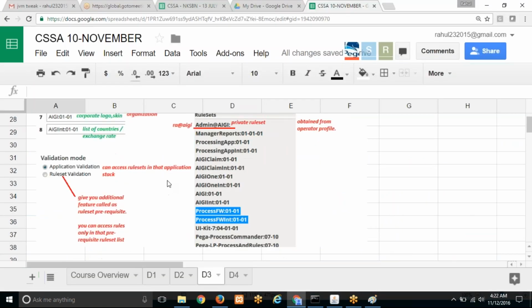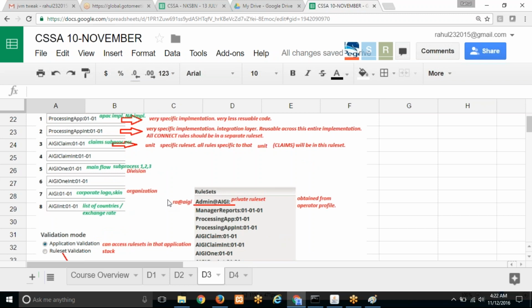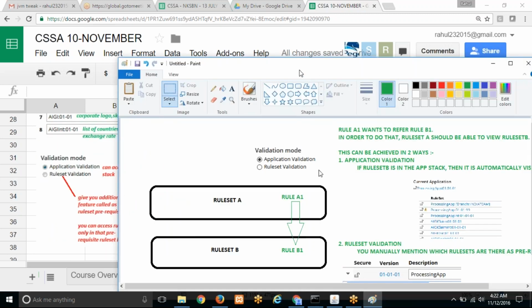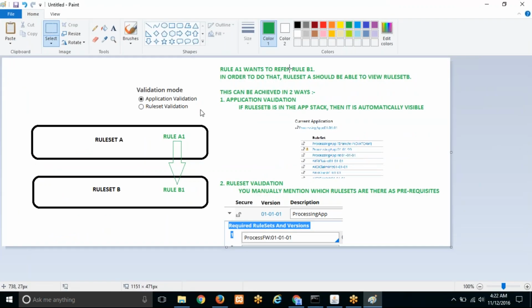So now your additional feature is that you can access rules only in that rule set, prerequisite and so on. So this is all right if you have the application level rule sets. Now when you have a rule set at the organization level, which is like your bottommost rule set, there you can make it a prerequisite, because at the end of the day you can ideally have additional things. So this rule set validation, right,